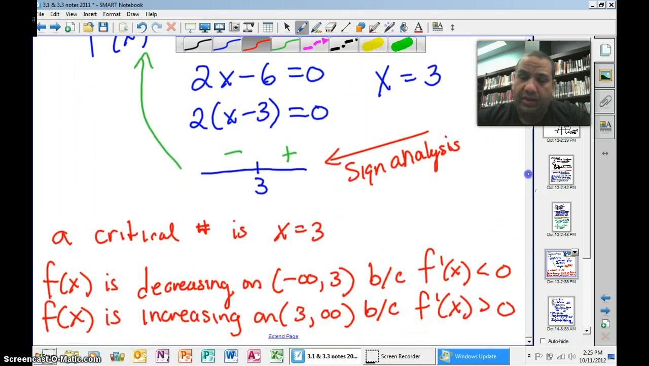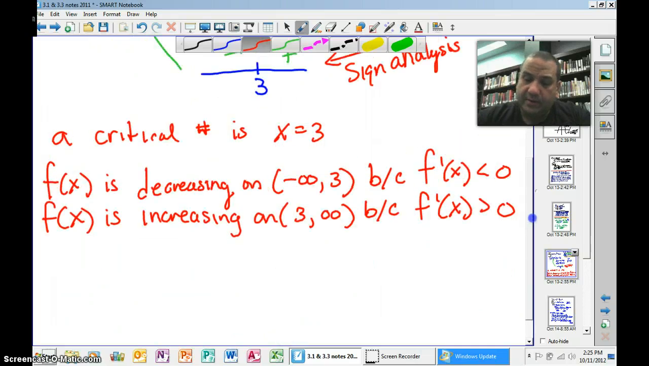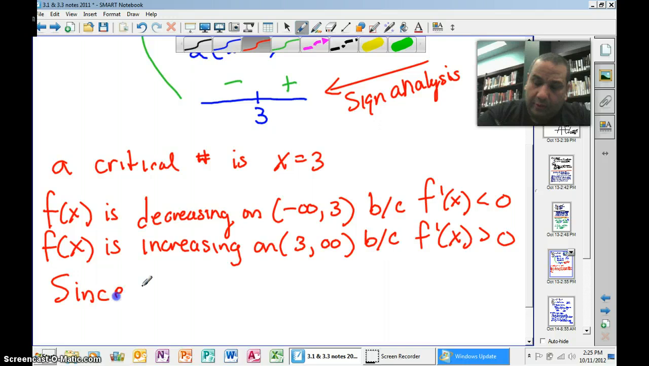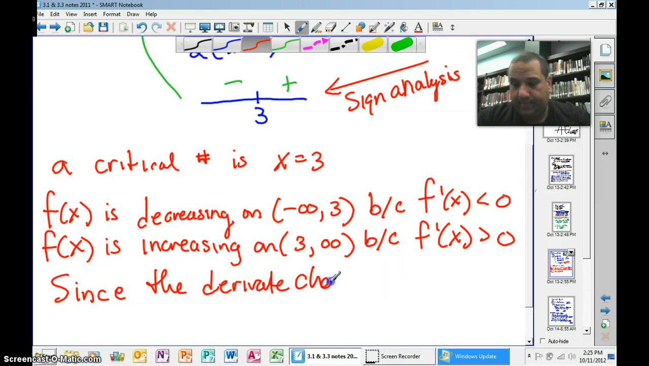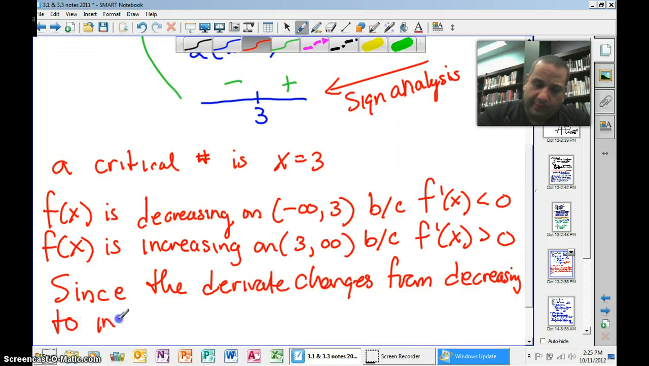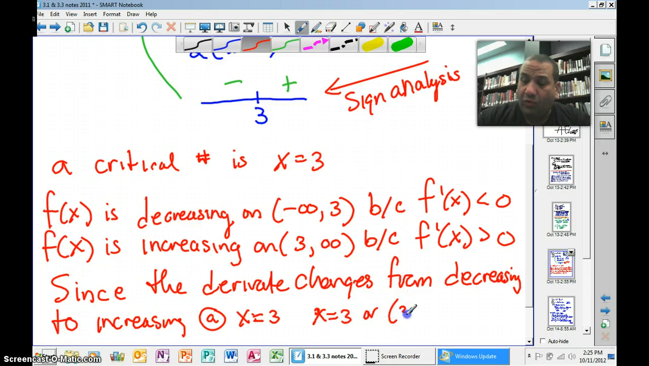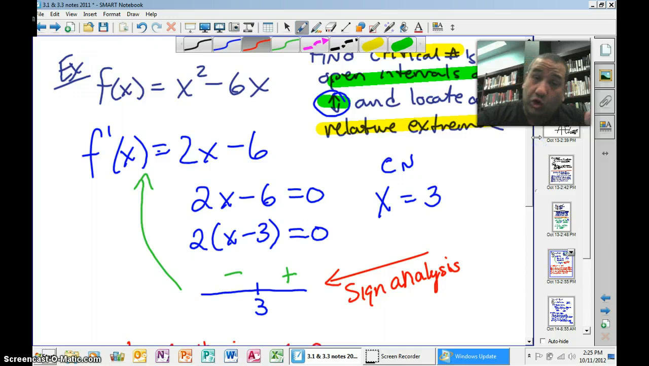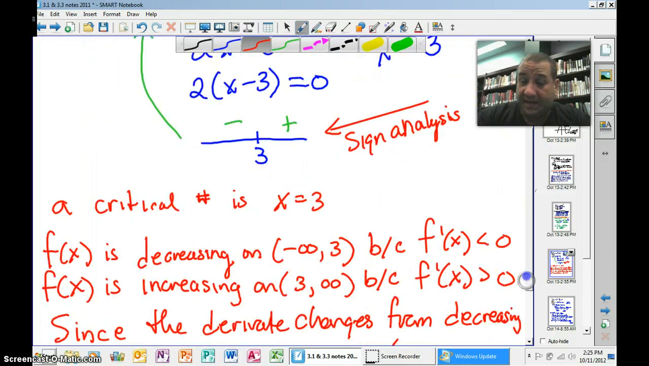Okay? And locate all relative extrema. Well, this means since the derivative changes from negative, or decreasing, to increasing at 3, x equals 3, or get the point, 3 comma, remember, plug it into the original. 9 minus 18 is negative 9,